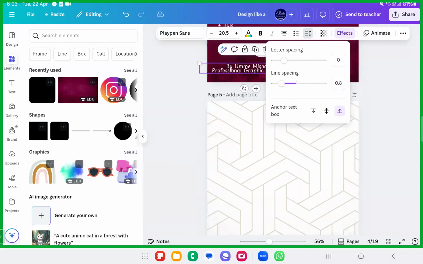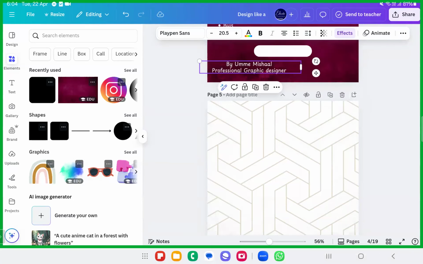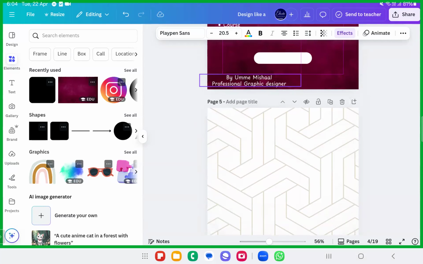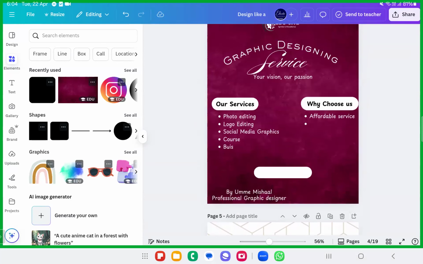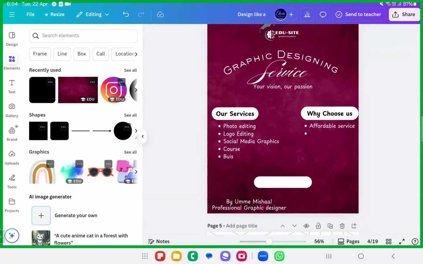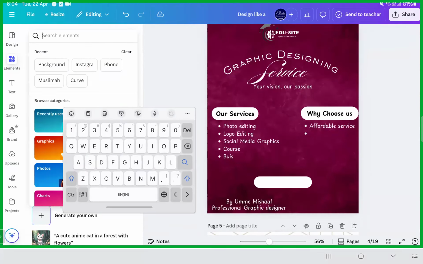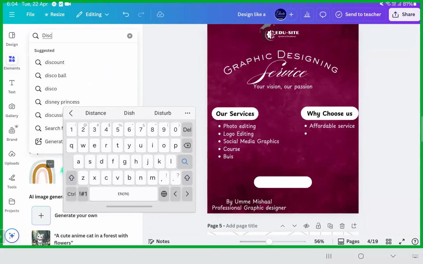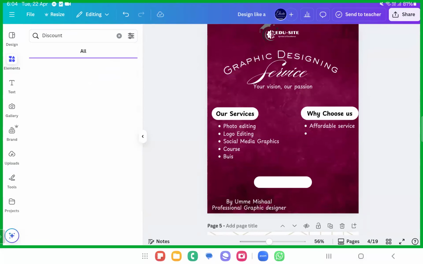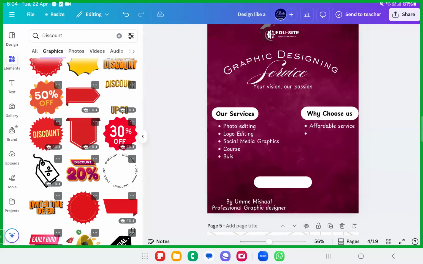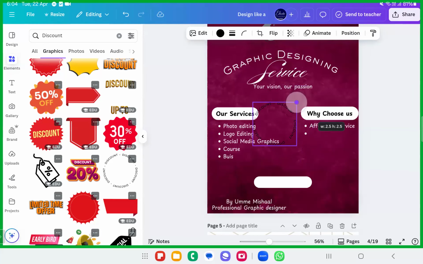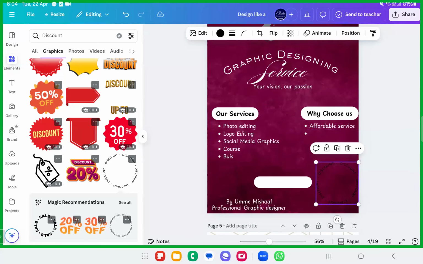Okay, I've also created something for myself. Okay, I'll show you some stuff as well, inshallah. I'll show you how we have created it. It's all created from scratch. Fine. Okay, something like this. Or if you want to write some affordable pricing, if you want to give some discounts, you have some discount labels here. Discount labels here. Okay, if you want to store the stuff that you have created, you can even go ahead with that as well, dear sisters and brothers. Something like discount, if you want to use this stuff, you can even go ahead with this one. Fine.